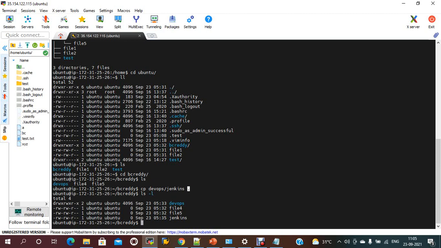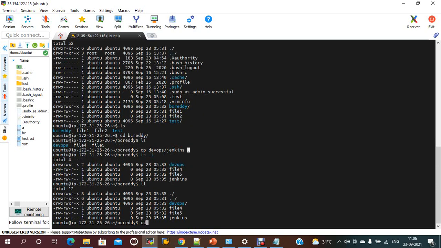If you want to copy files at a time, suppose I need to copy file 4 and file 5 to the devops directory. So you just need to use devops.